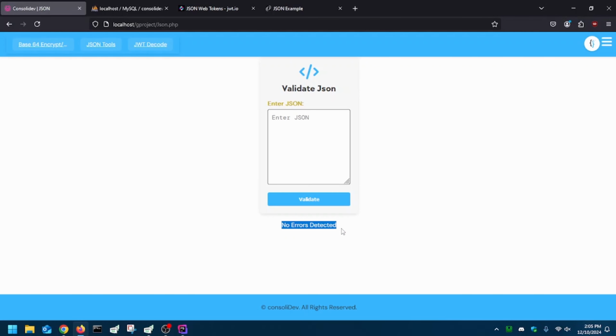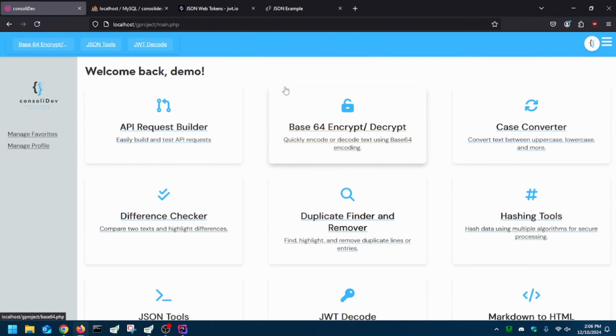However, if we were to manually produce an error such as forgetting a comma, it'll give an error saying invalid JSON with a syntax error. This will allow us to easily demonstrate if our JSON code is error-free and good. If not, it will display an error. Now that I've finished demonstrating my tools, we can navigate back to the home page, and then we are able